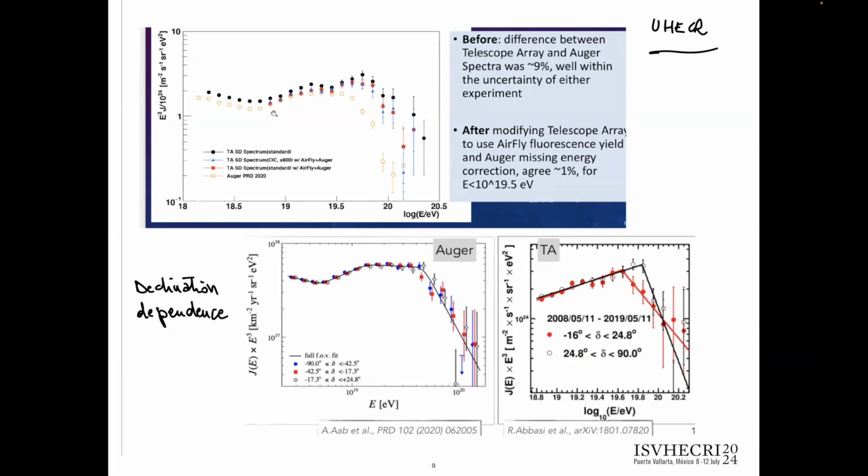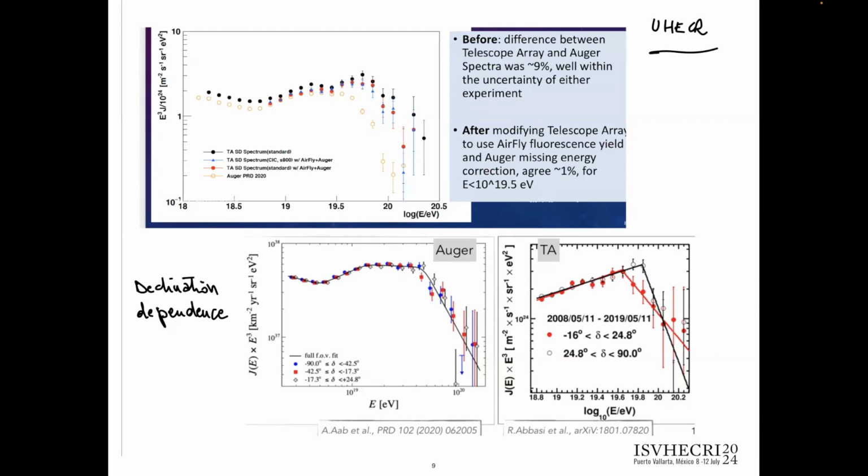Our colleagues of Telescope Array showed that if they use the same fluorescence yield that we use in Auger, which is more precise and more recent, and also the same missing energy that we add to the calorimetric energy to obtain the energy of the primary,